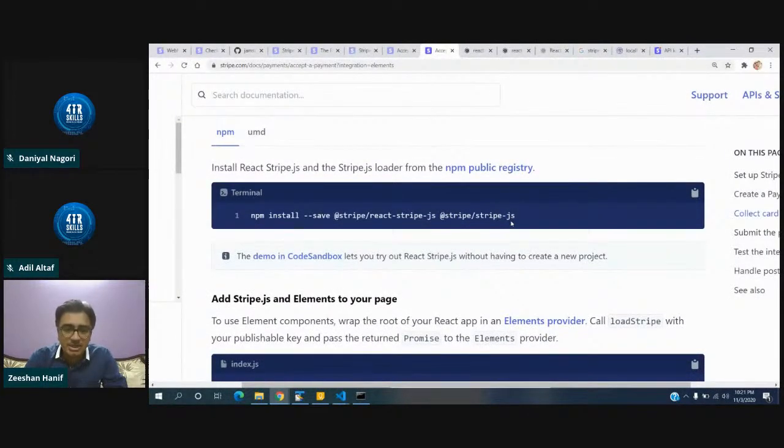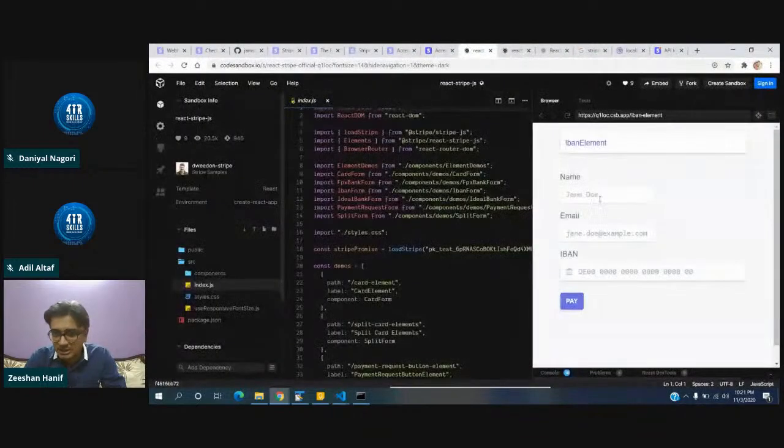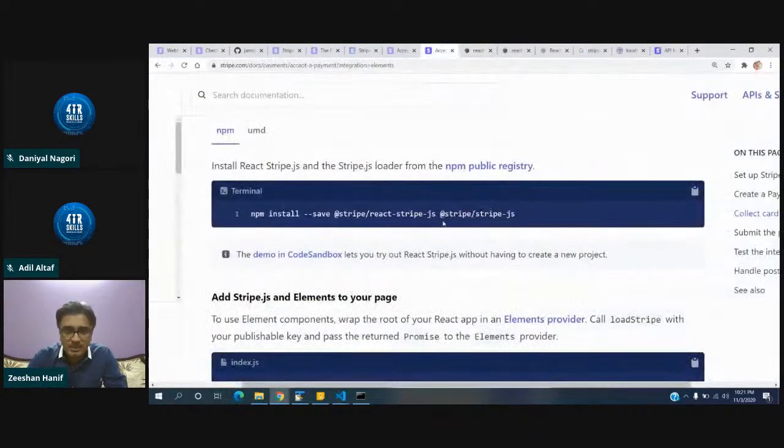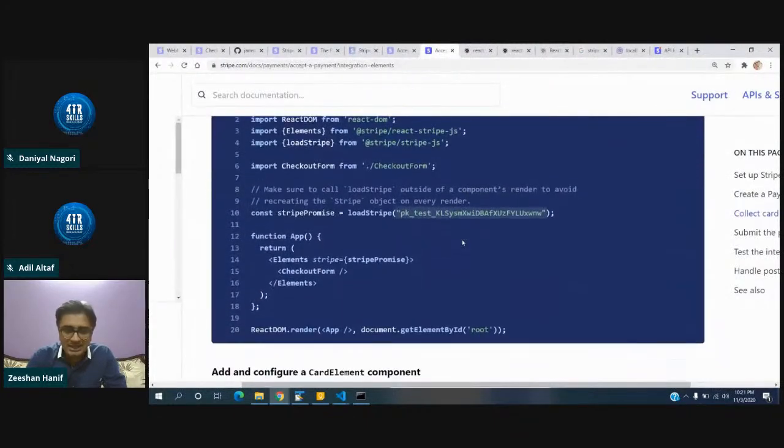These are called Stripe elements. As you can see, in the case of the card element, this is a text box and it contains all the information which I can pass here. This is a card element of Stripe. I'll show you in a moment how we can create and use it. Okay, so now on the client side,